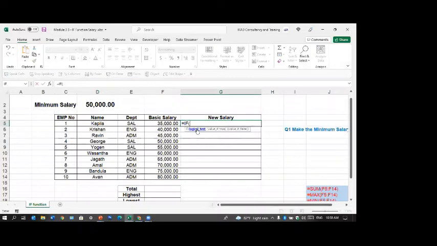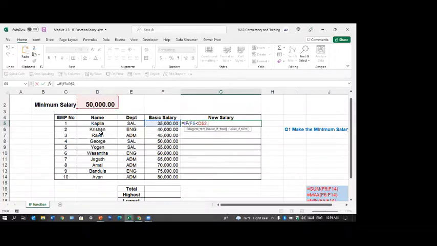Equal IF open bracket. What is the logical test? You can check either way. Let's say less than 50,000, then only you have to change. So less than 50,000. Now instead of 50,000, I can put this cell address. We'll make it more advanced. But then when I copy it down, what happens? D2 becomes D3, so it will check this one, then this one, then this one. It will come with an error. So then I have to fix it. If you want, you can put the $ for both, but even this is enough.